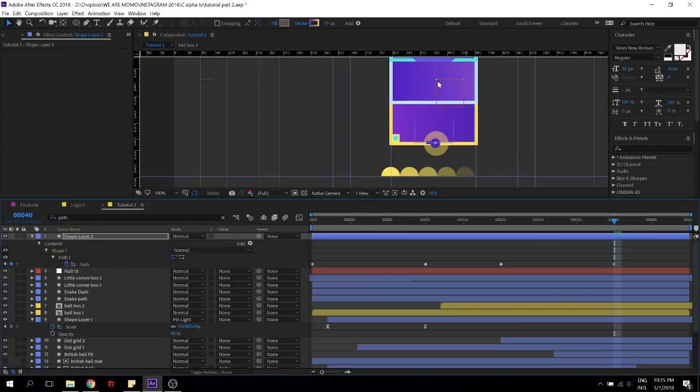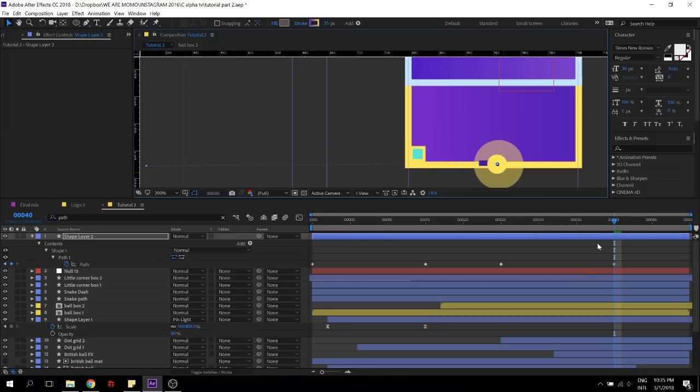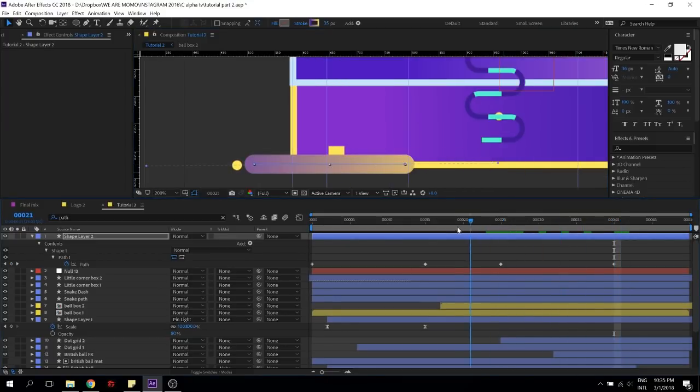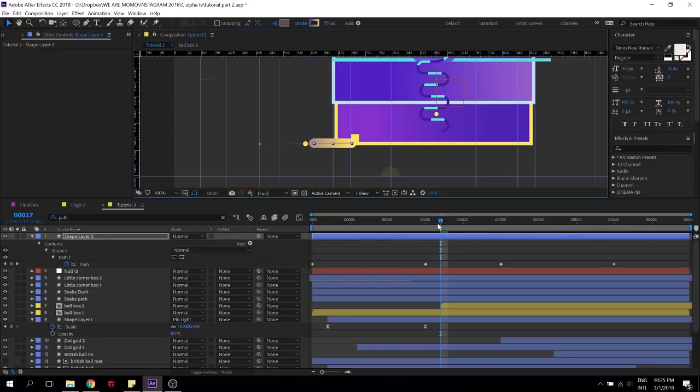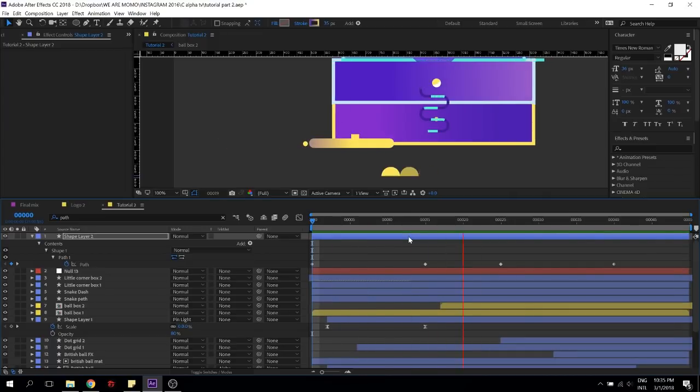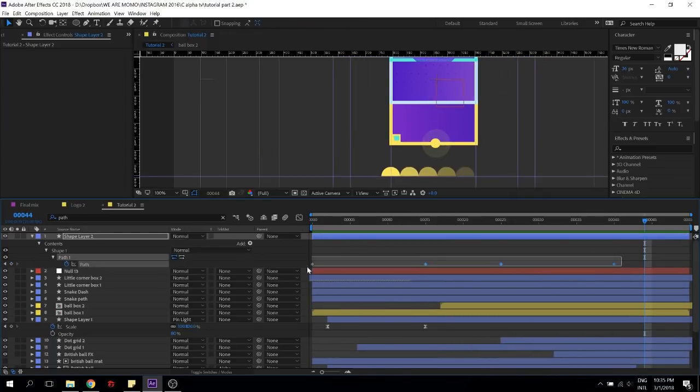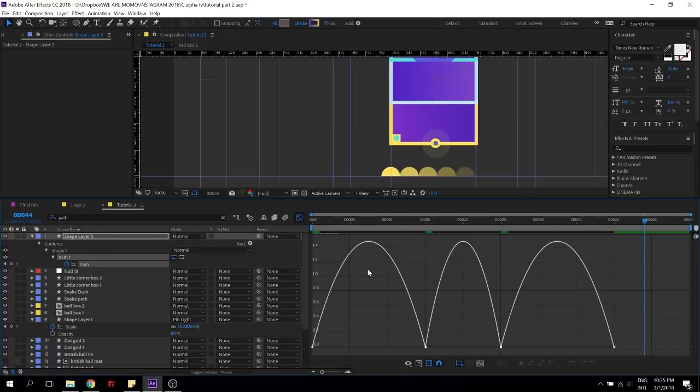The problem is I just want it to end there, but then the gradient is right here, so the gradient has to be like this. I'm just going to make sure that the gradient ends right there. So I think somewhere around here. Okay, cool. It's going to go like whoop, zoop. But of course we need to change the speed, so we're going to fix that.